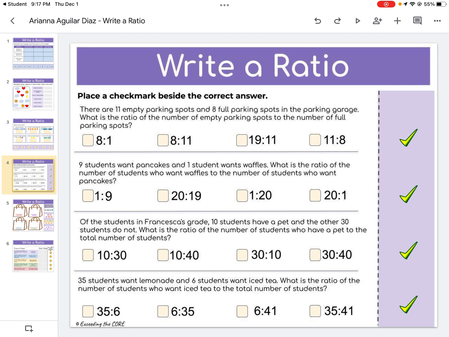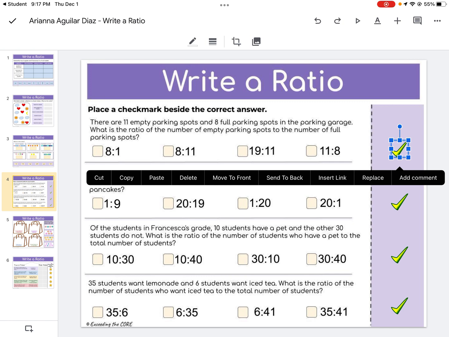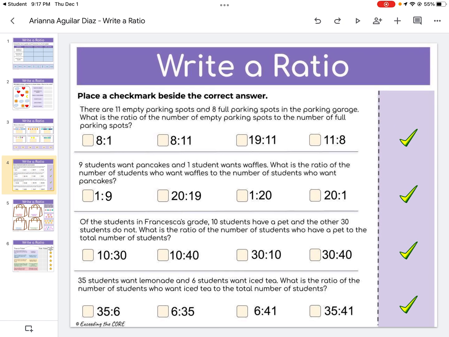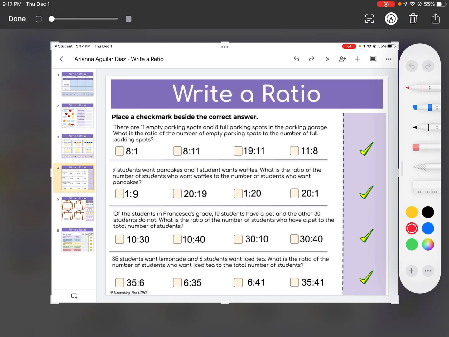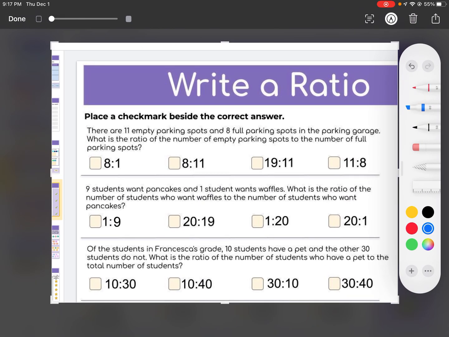For this next one, it says place the check mark beside the correct answer. There are 11 empty parking spots and 8 full parking spots in the parking garage. What is the ratio of the number of empty parking spots to the number of full? When you think you found the answer, you use these little check marks to move it over to the correct answer. Something I want you to think about and remember with these ones is that order matters. So if in the question it's asking for empty first and then full, that means that the empty number needs to go first. So I know that there's 11 empty and there's 8 full. So when I'm writing the ratio, it should go in that order. So 11 to 8